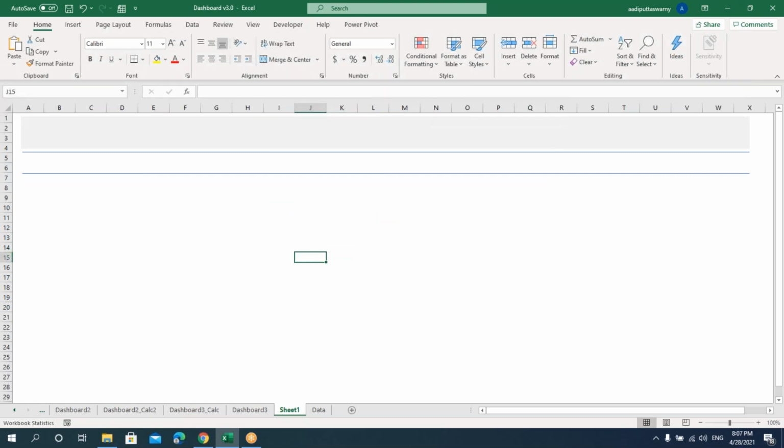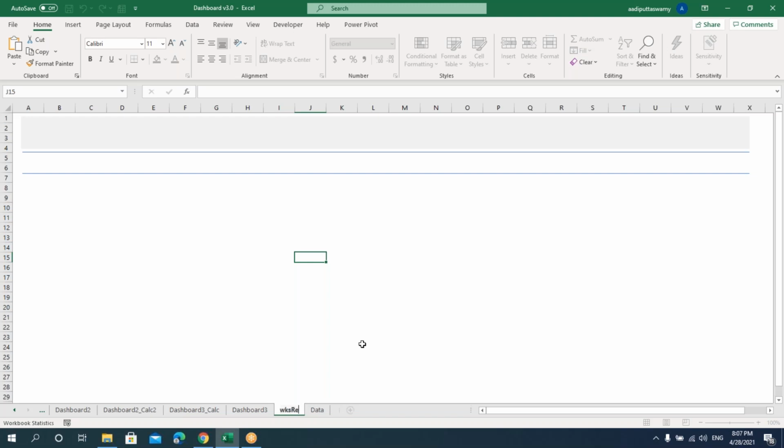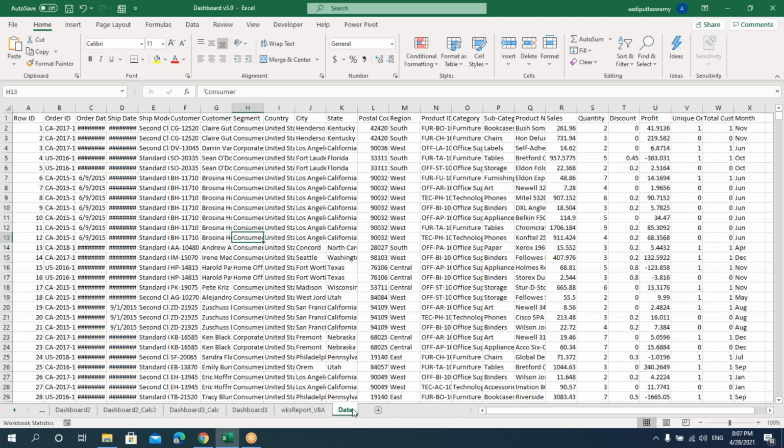So what we'll do is we'll try to see how we can create the reports by using macros. So for that, let's go to this data and see. We'll name it as WKS report underscore PPA. We have category and subcategory.